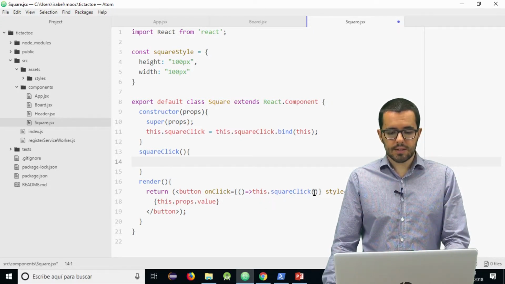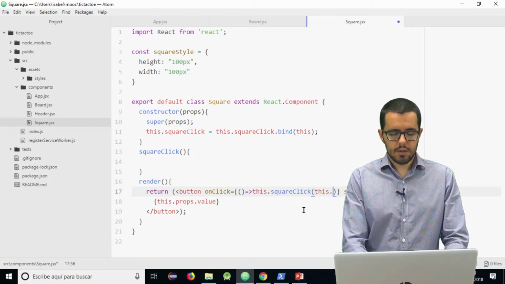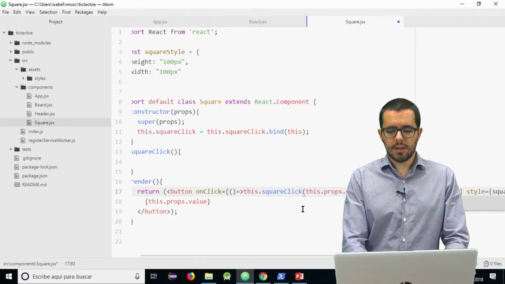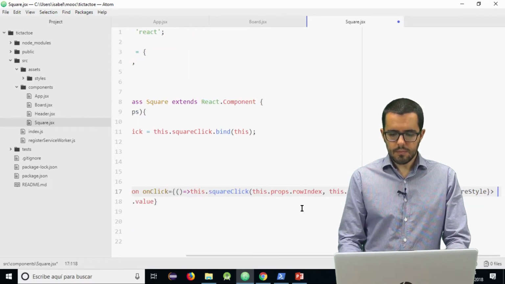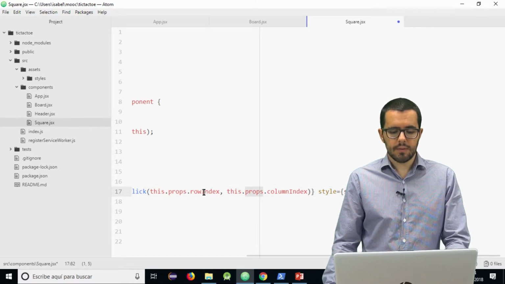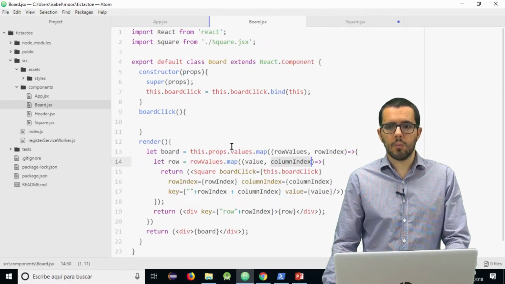Well, they are props, and the names are the ones that we gave them: this.props.rowIndex, this.props.columnIndex. They are inside props, with the names that we gave them inside the board component here.